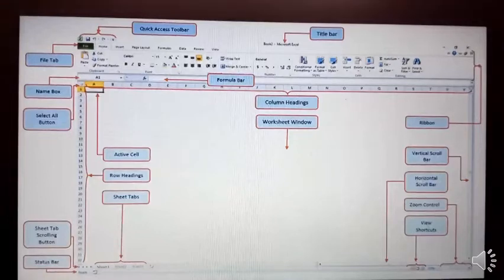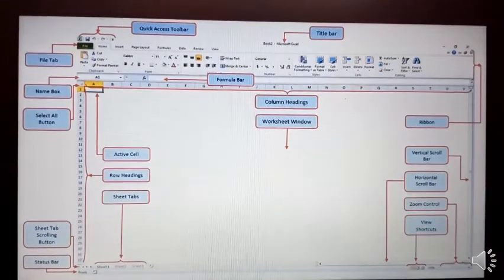Students, in this video I will explain the basics of MS Excel, and I will also show you examples of Book 2. Now I am starting with the basics. If we start MS Excel, what do we find? This kind of look we find. So first I will explain about the title bar.